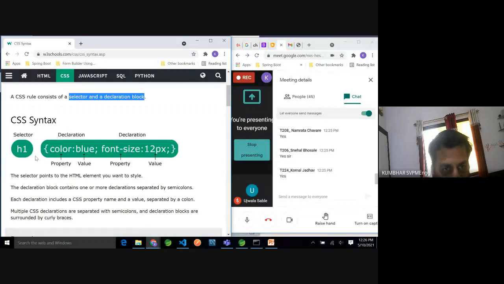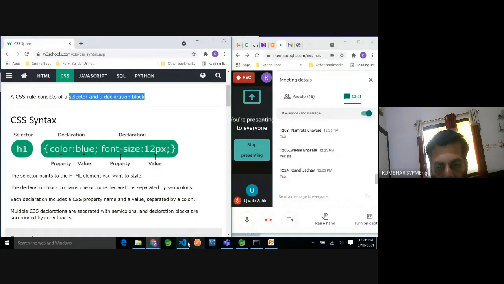In the declaration, you can add multiple properties, or attributes you can say, like color, font size, border color. So these are the properties, and you can give the values. This is the way to apply the style.